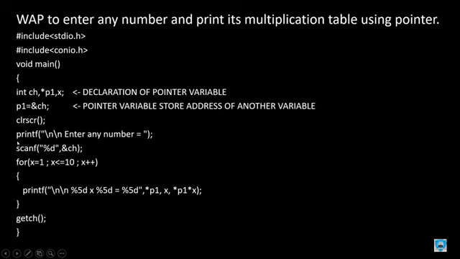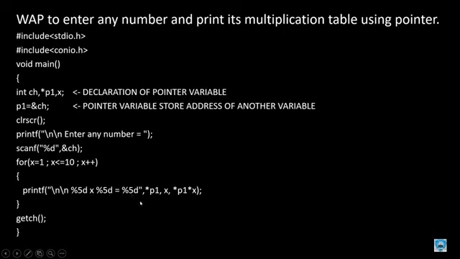clrscr clears the screen. Then there is the instruction printf enter any number, scanf, and that number will be scanned and input by ch. This ch always stores the value we enter by scanf, our input function. This is a for loop. In a multiplication table, as we know, all tables start from 1 and the limit is 10. For example, 8 1 ja 8, 8 2 ja 16, likewise 8 10 ja 80. So this loop will continue for 10 times. printf \n %5d will give 5 spaces. Then x is used as a multiplication symbol, then %d equal to %d.